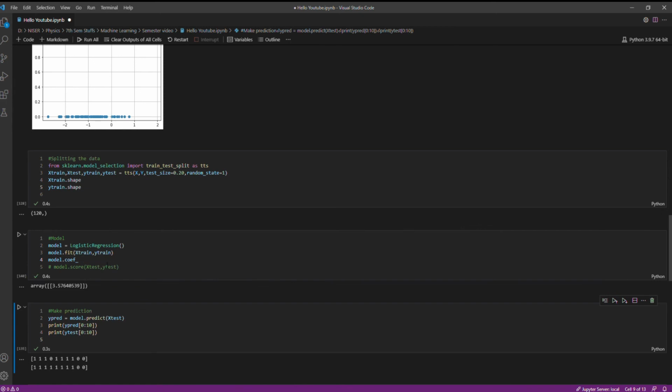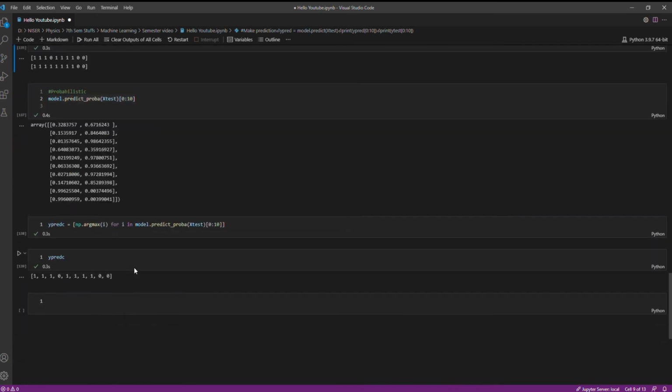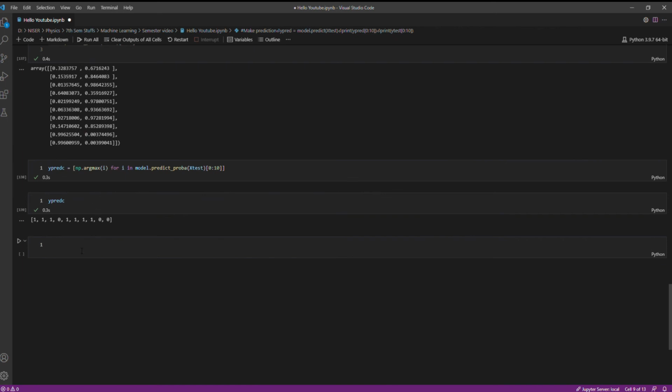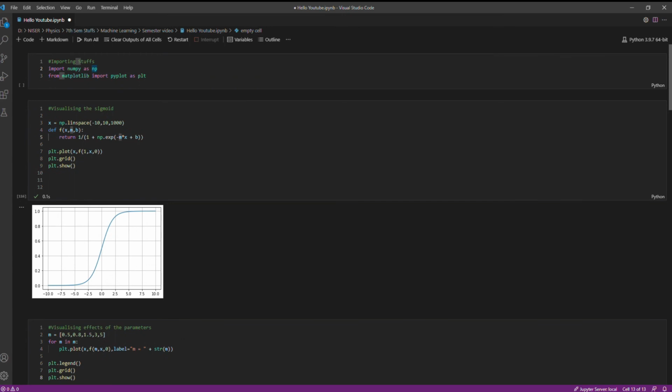The coefficient is 3.57 and the intercept is minus 1.13. So let me plot this. Yeah. We have the small x. Small x is the linear space.